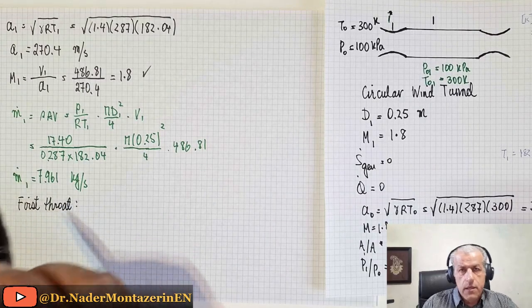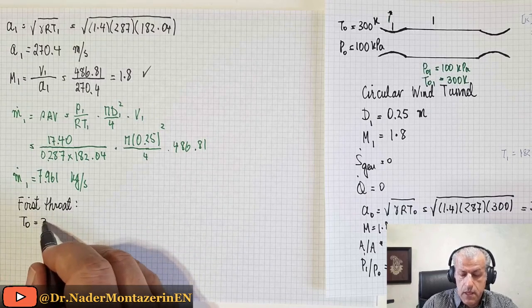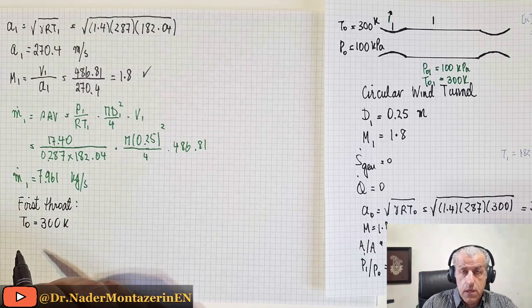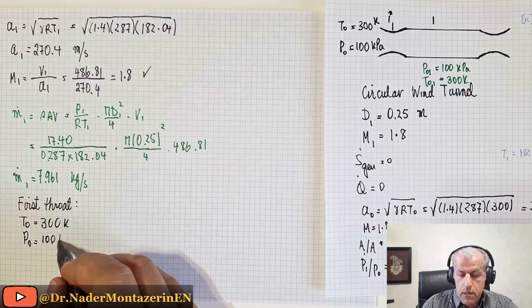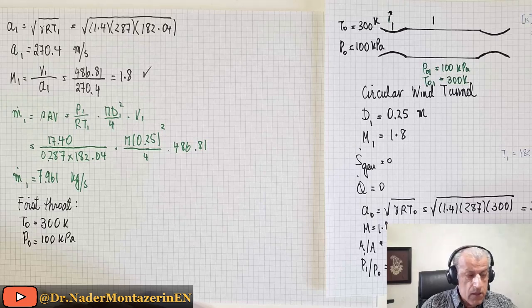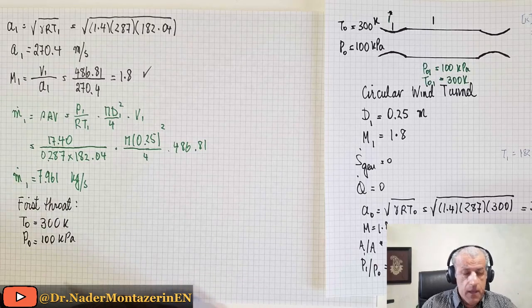the knowledge that we have about the first throat is that T0 equals 300 Kelvin. It is the same as all points throughout the wind tunnel from the entrance, and P0 is 100 kilopascal because the flow has been isentropic from the entrance, and therefore total pressure has not changed. Total stagnation pressure, they are both the same thing. Now, what we do is that